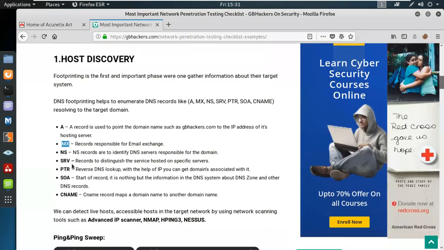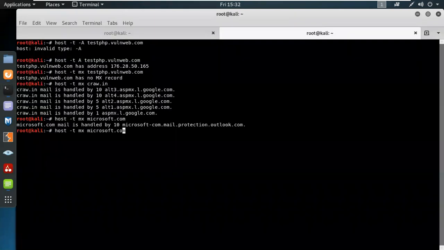For example, NS. NS stands for name server record, used to identify name servers, which are basically your zones, from one zone to a different zone. It defines an authority and name servers for a zone and delegates authority to a name server for a child zone. There could be a parent zone and a child zone in the records of their name servers. And the NS records are basically glue. Glue means that it binds the distributed database together, from the parent to the child. So over here, if I simply do NS over there,